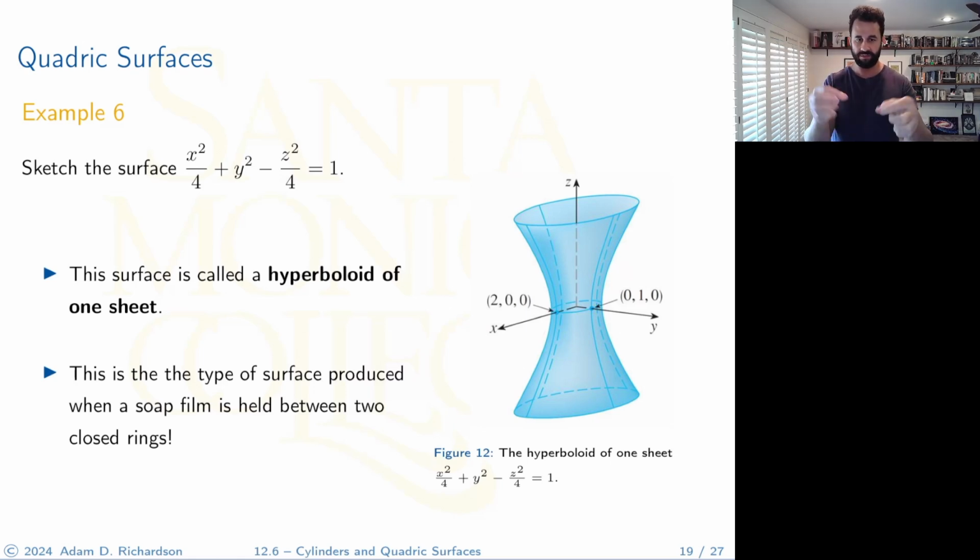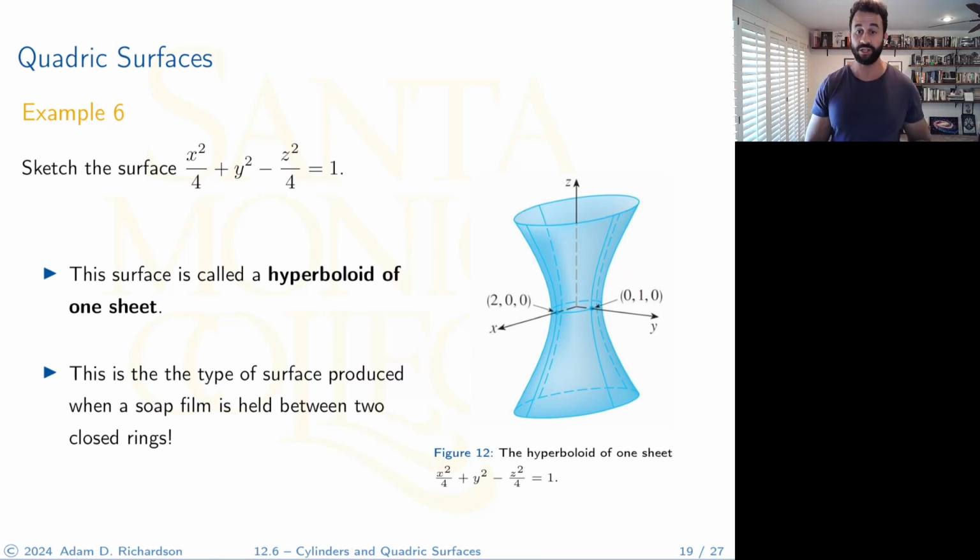Sorry, see if I can do this. Here you go. And then you dip them both in soap, and then you pull them apart. Well, you'll notice that the soap doesn't just go straight up and down like a cylinder. You can try it in the shower or something sometime, right? What happens is the soap won't just be a straight up and down cylinder. The soap will actually